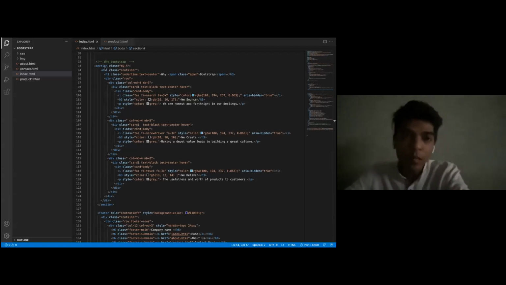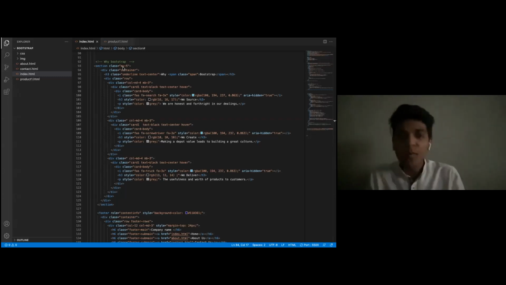So firstly, we would be assigning it a section. First, we would be assigning a section which is of class my-5.